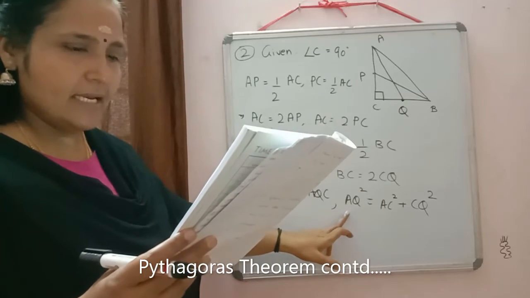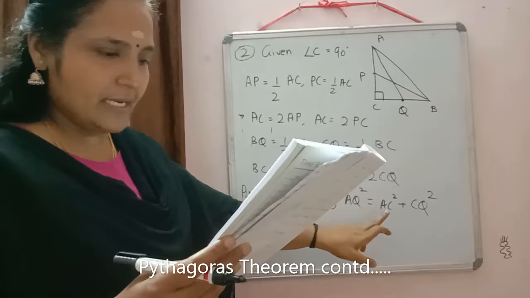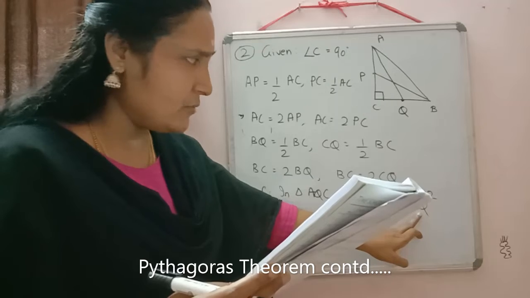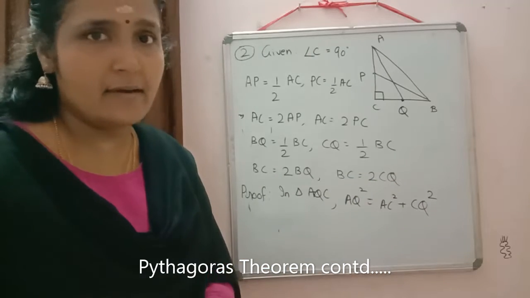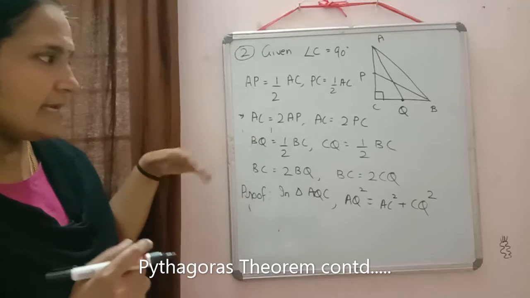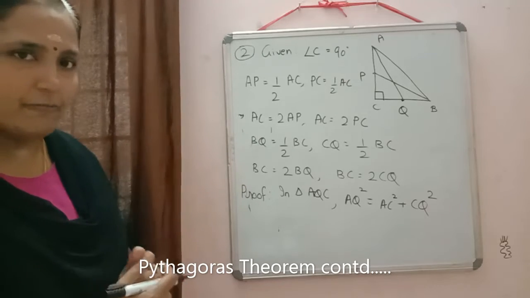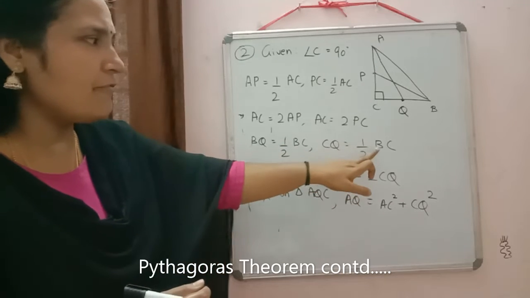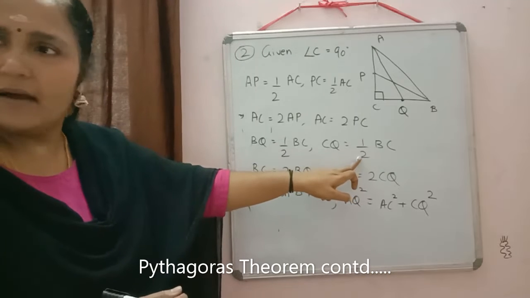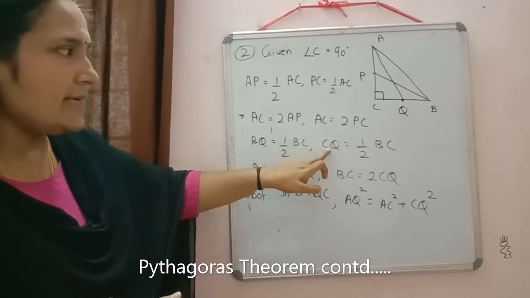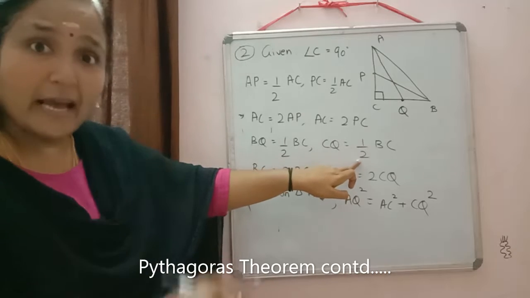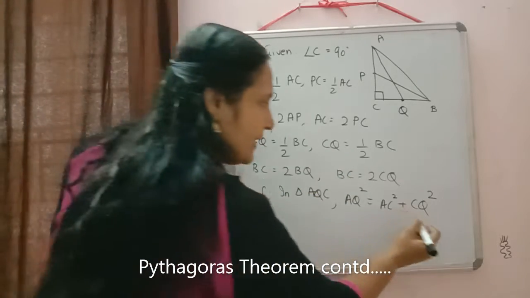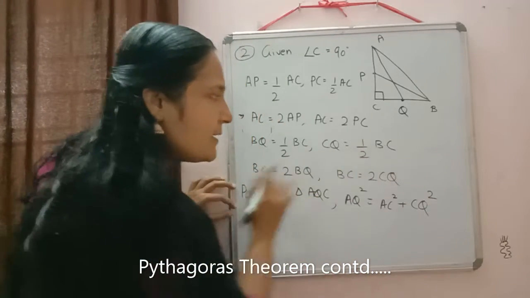On the left hand side we need AQ, so that we got. Then we need the side AC also, that we also got. Next we don't want CQ. Which side do we want? BC. So by the relation, can we convert CQ in terms of BC? Yes, here CQ is equal to half of BC, or you can say BC by 2. So we will rewrite CQ as BC by 2. Why are we doing that? Because in the proof we need the side BC. So in place of CQ I am going to write BC by 2.